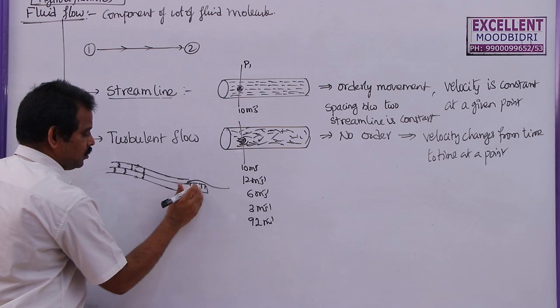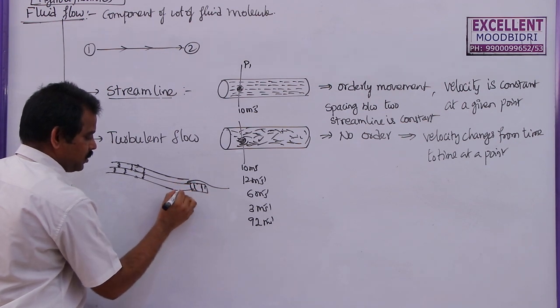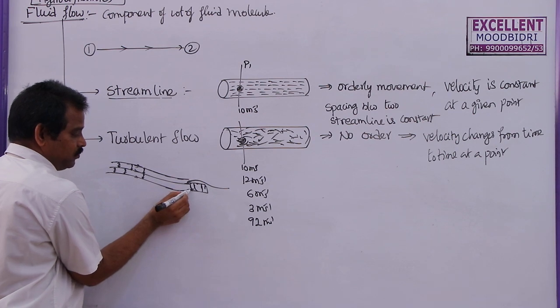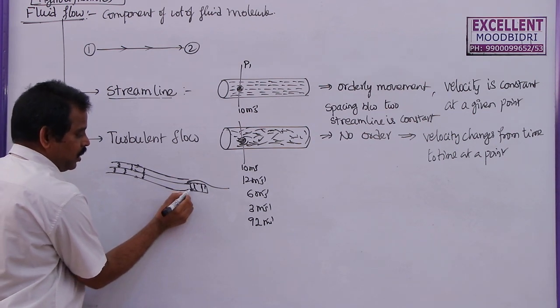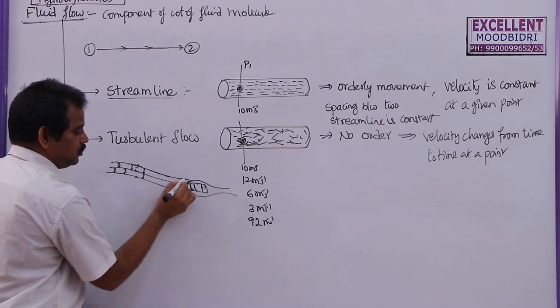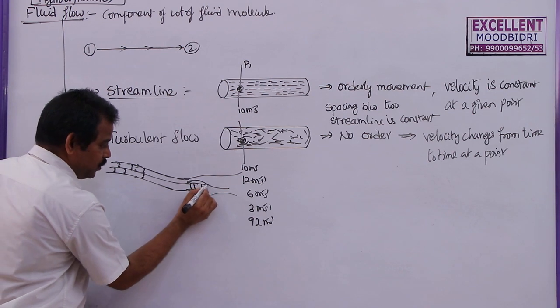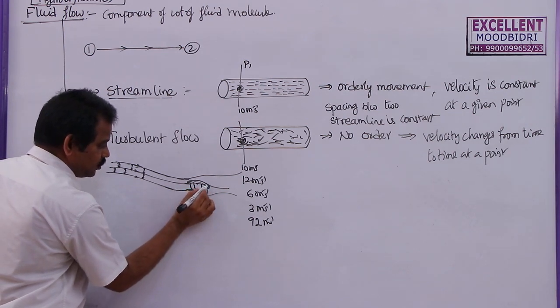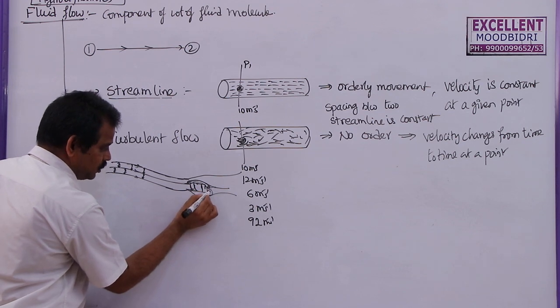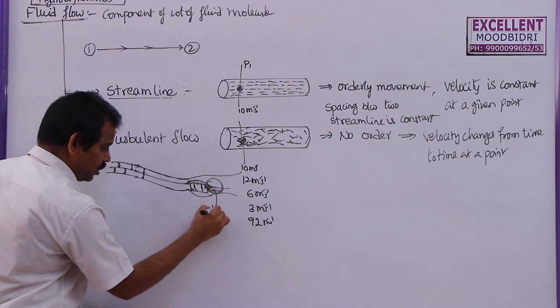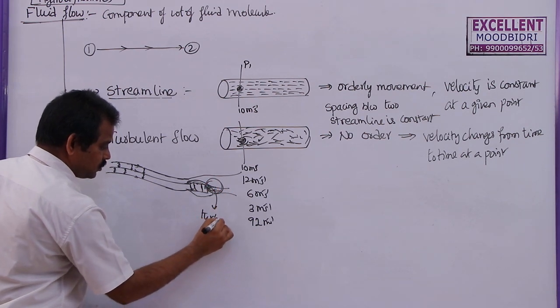Even this one which is striking the car will go back due to reflection. Here actually collision takes place between water molecule and a car, and it goes back and it changes direction and it will go like this, and this one will go like this. So here you might have seen this one, even this water will try to move because as these are very very close, so this water will collide with this one, this water will collide with this one, and it will go. So this area, this is called turbulence.